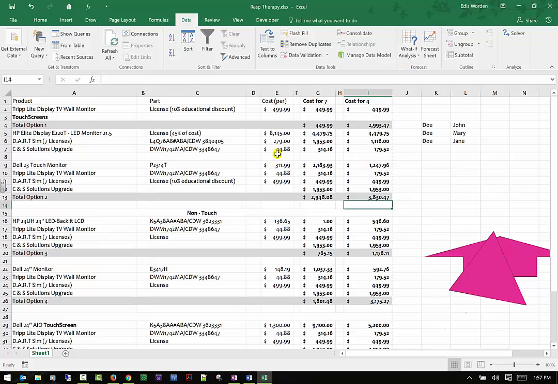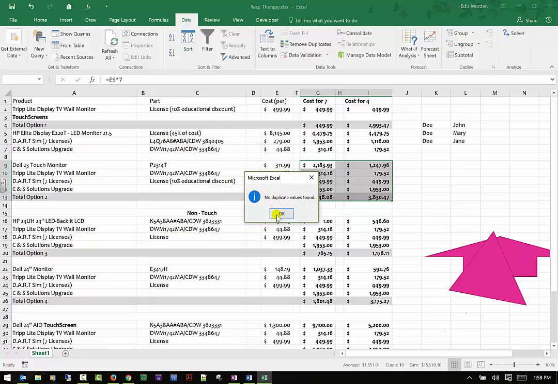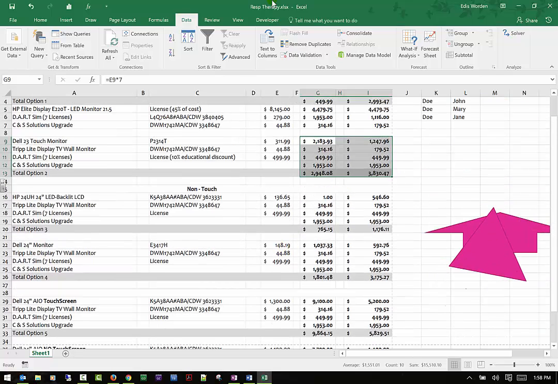And then the next thing you could do, I don't know if it'll work in here, so let's give it a go. Remove duplicates. I like this tool, especially when I'm working with a lot of data and I know there's duplicate information in there. Just say okay. No duplicates were found. So that's good, but you can use it to remove all the duplicates if you have a lot of duplicates. And again, use your hover menu. It kind of explains